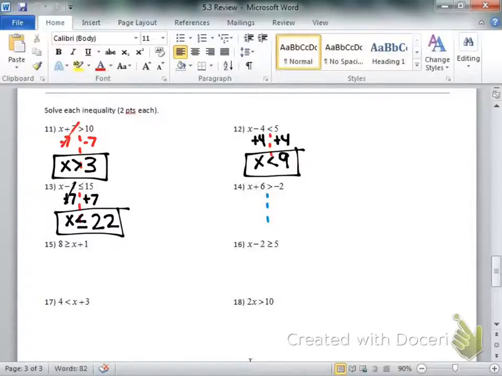All right, number 14. Subtract 6. Yep, we want to undo adding 6, so we're going to subtract 6. So x is greater than or equal to negative 8. Notice I'm not changing any of the signs here. I had a greater than, it was a greater than. I had a less than, it's a less than. I had a less than or equal to, it's a less than or equal to. I had a greater than, it's a greater than. So don't change any of the signs